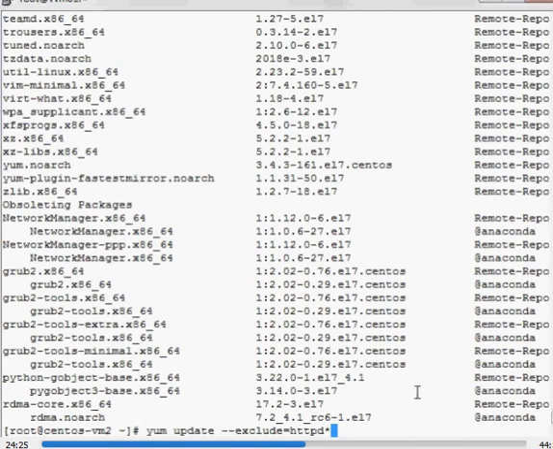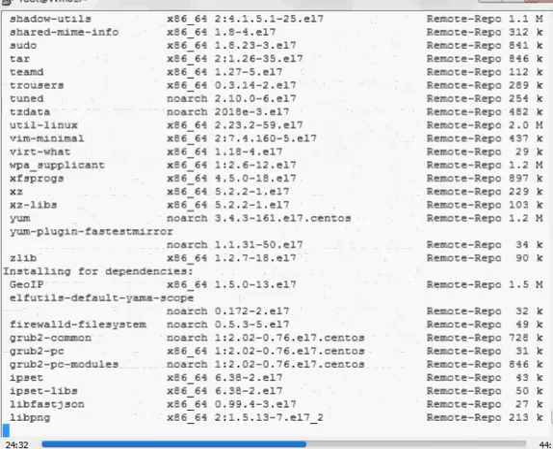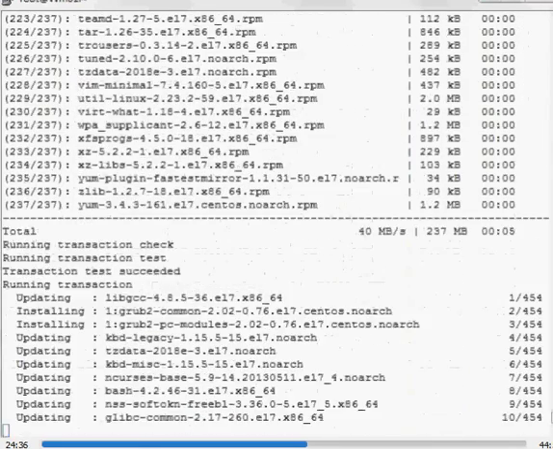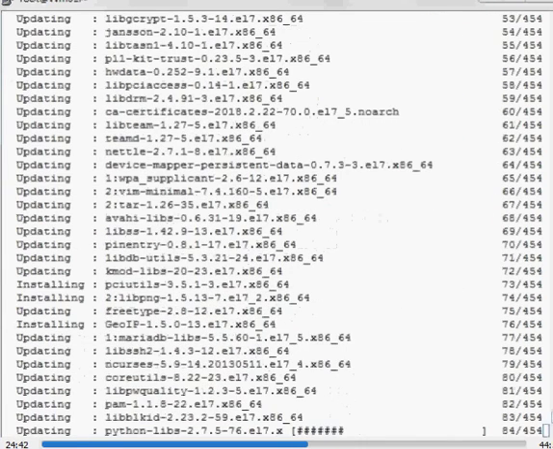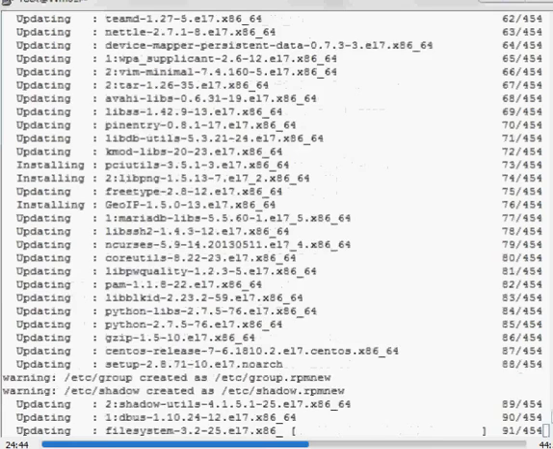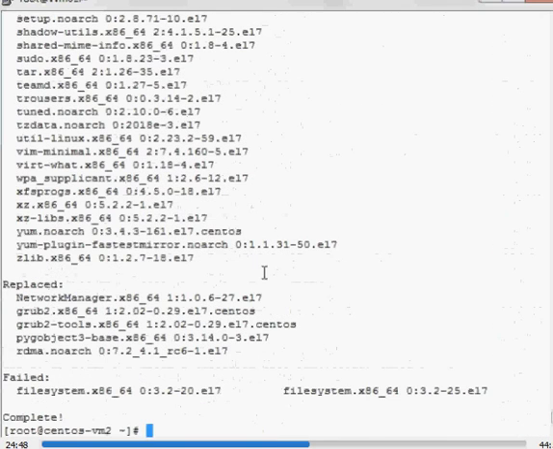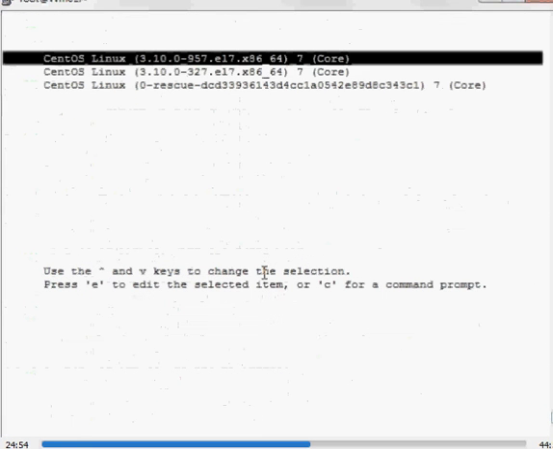So this is the command. So here you can see 454 packages are available, which are updated. So now OS patching is completed, and now we will reboot the servers.